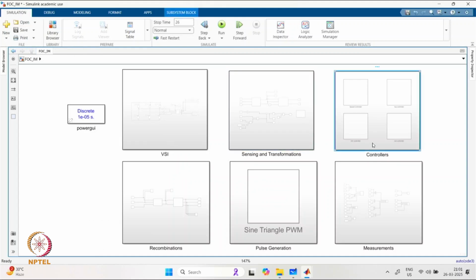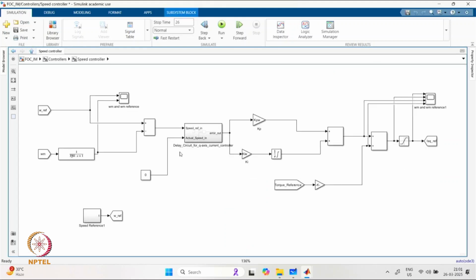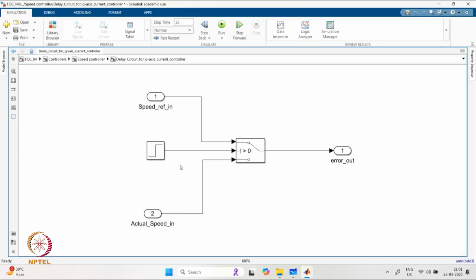Now we have different controllers shown over here. So the first controller we have is a speed controller, where the reference for speed is provided, and we are basically having the feedback of the speed with a first order filter. The filter cutoff frequency is kept somewhere around, say, 2 hertz, and then we have the difference of the two quantities, the reference and the actual speed, fed to the speed controller,